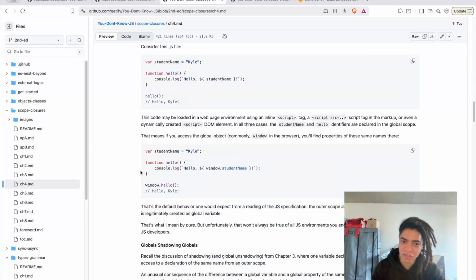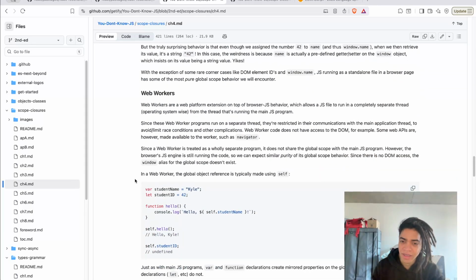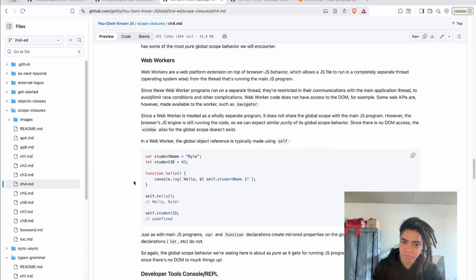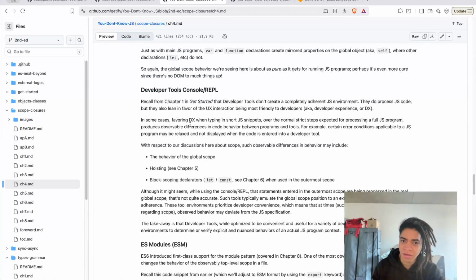And I would like to dive deep into the web workers, absolutely, or at least create an example of that. And the other is the developer tool console, all right.